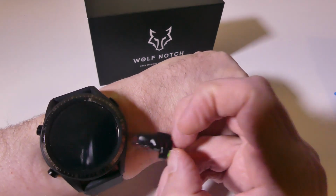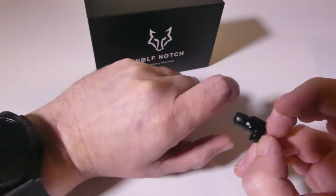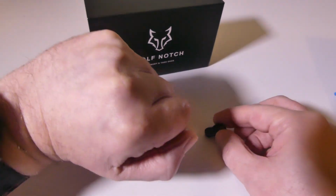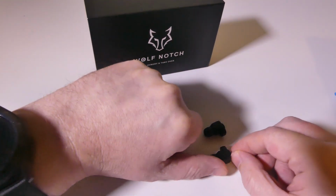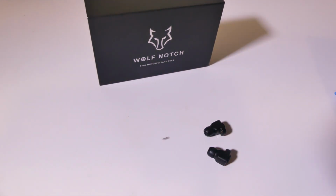So let's do a quick test of the microphone for these, which are great. They worked out really, really well. So I want to do a quick microphone test so you can hear what the microphone sounds on the Bluetooth